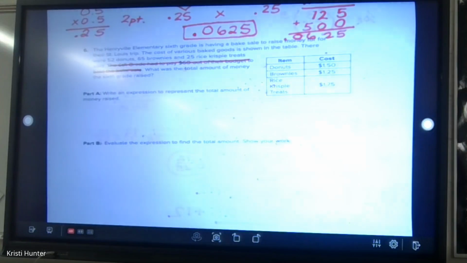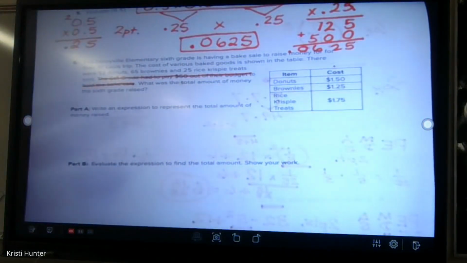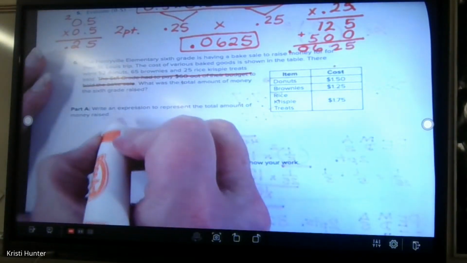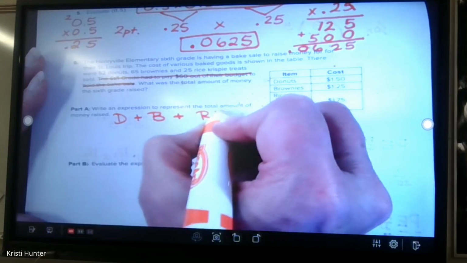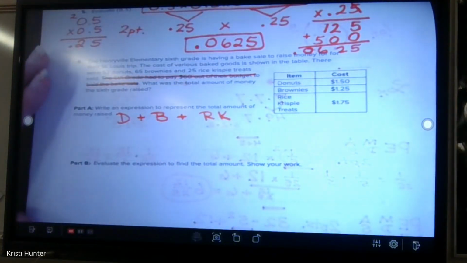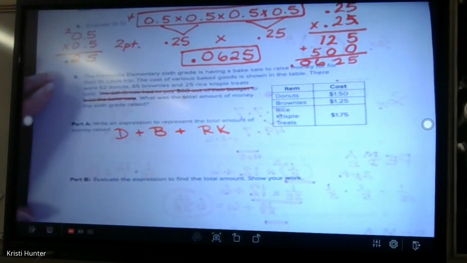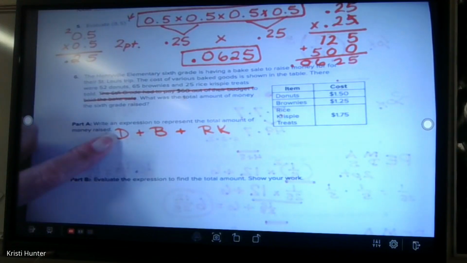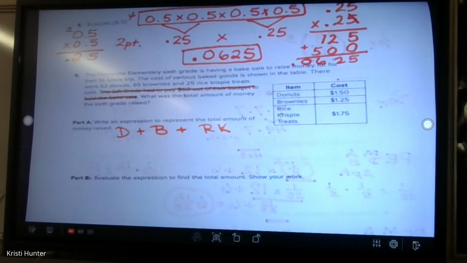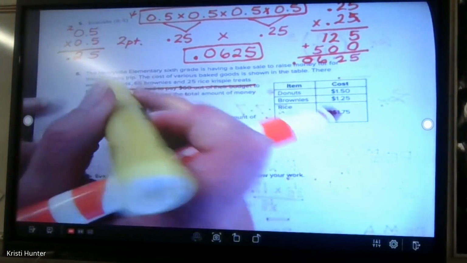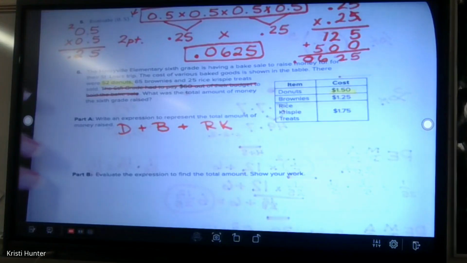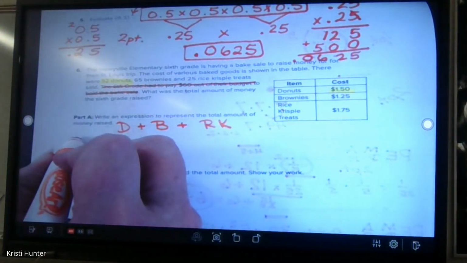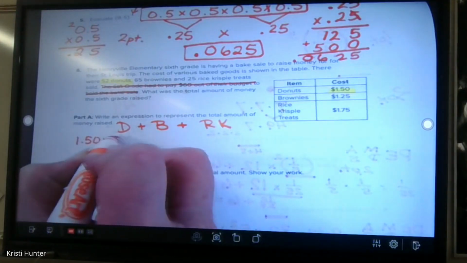So here's what we found out from this problem. We are selling items for a fundraiser. We are selling donuts, plus we are selling brownies, plus we are selling Rice Krispie treats. Now, I need to replace those with actual numbers from the problem. When I look at donuts, my text told me that I had sold 52 donuts and my donuts cost $1.50. So I remember from last module, when we're dealing with cost, we're going to take our cost, so $1.50 times 52,